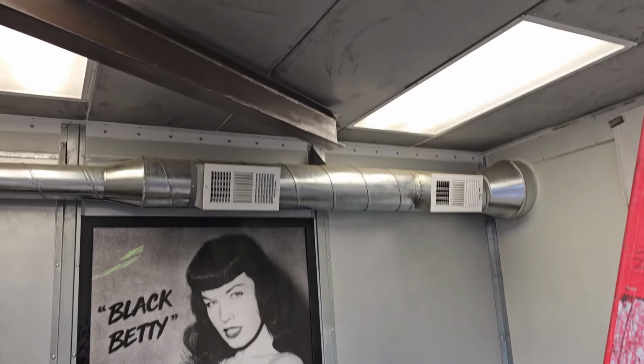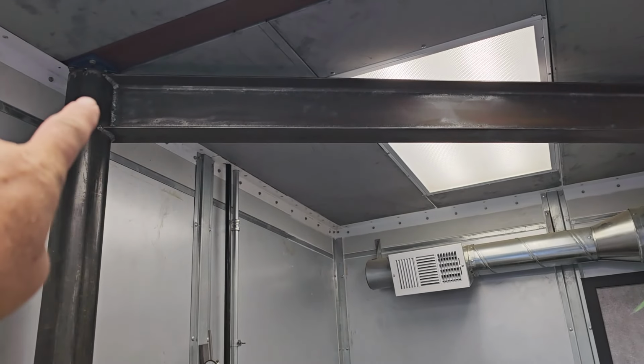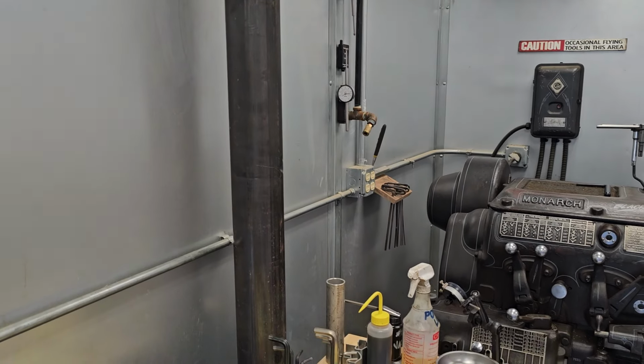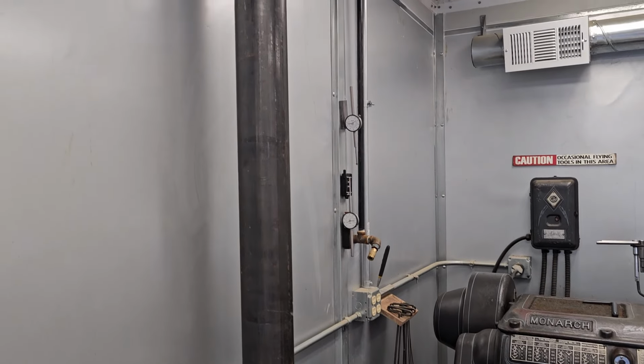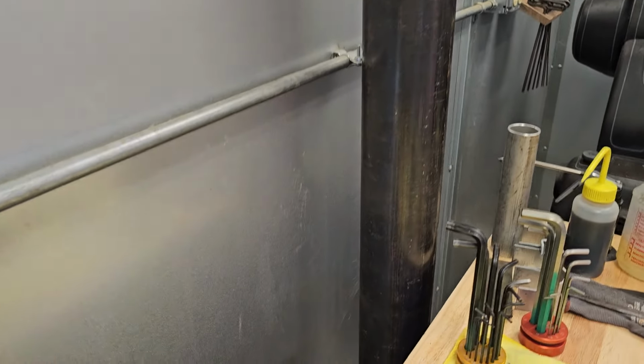All we need to do is fix up a trolley. Let's talk about the budget. This I-beam was left over from a job I had up in Hollister, California. This pipe is left over from the job I had in Indiana. That's actually a 4-inch steam pipe. The wheel bearings, that was a junkyard off an old junk